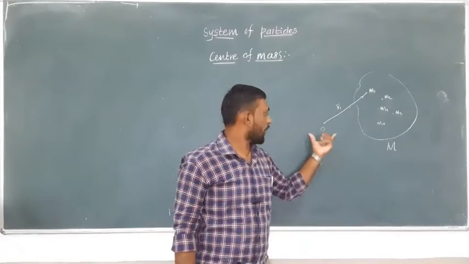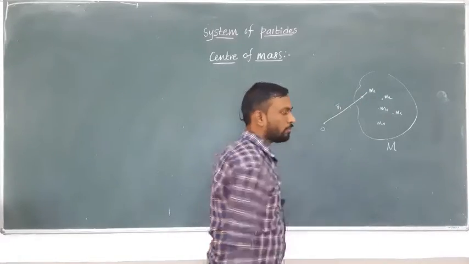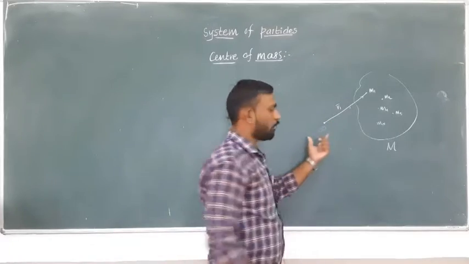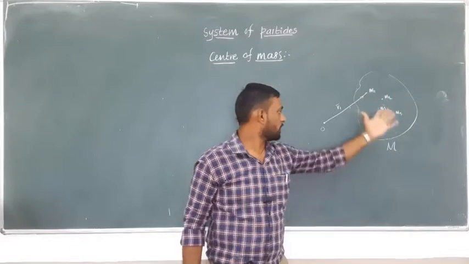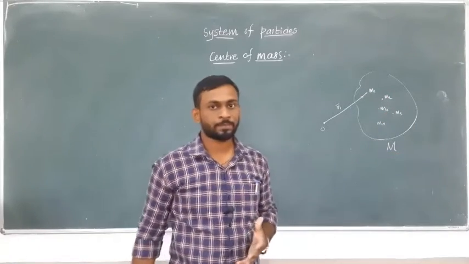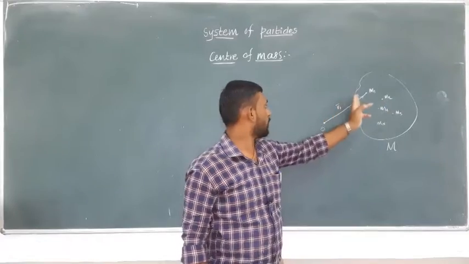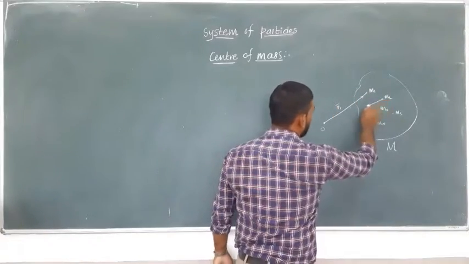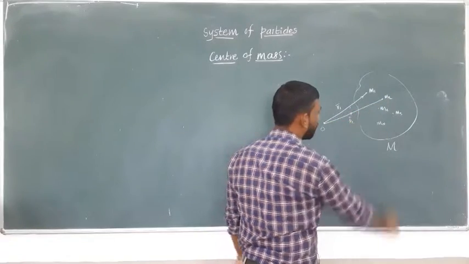We can choose any origin. I can locate the origin over here, anywhere. So if I look at this point O, and from that point I select such points that the mass of the system is consistent. So m1, r1 is the position vector corresponding to mass m1. Similarly we have m2 and r2 as the position vector.